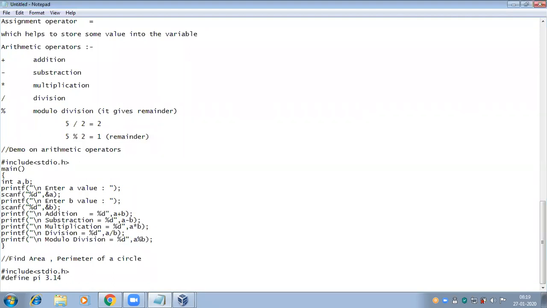In the definition section I define the constant values. That constant value cannot be changed throughout execution of the program. As defined, pi 3.14 is a symbolic constant. Here I'm not using any operator. Wherever I write pi in the program, it will automatically take 3.14.